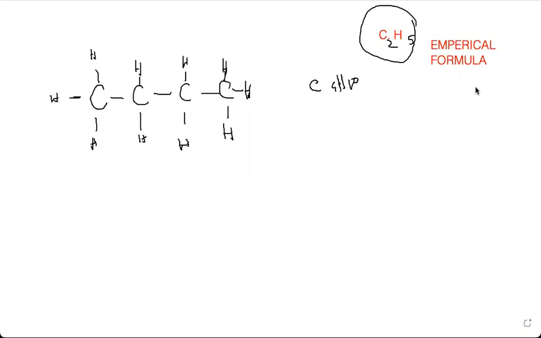This is the simplest ratio. I can multiply this ratio with 10, 20, 30. It depends on how much butane I do need. So empirical formula is not useless. We need empirical formula to check the ratio of the elements in the compound, how that compound is made up of. For example, let me show you. We need empirical formula, especially for these type of compound.